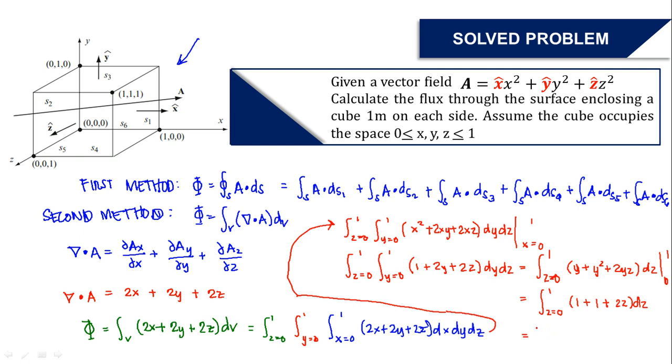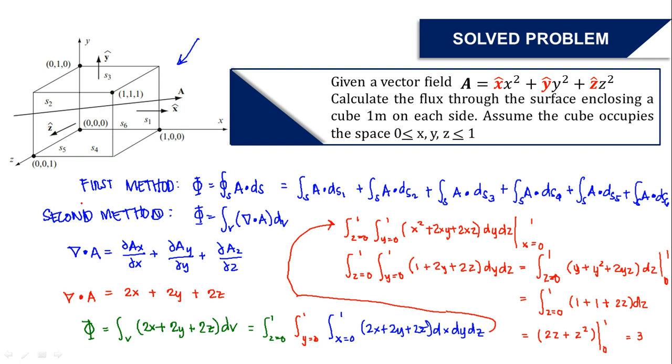So, sagot natin is dahil 2 na to, 2z plus z squared. Right? Evaluated from 0 to 1. So, ang sagot natin is 3. Okay. So, yun yung ating final answer dun sa ating problem to get the flux through the surface enclosing the